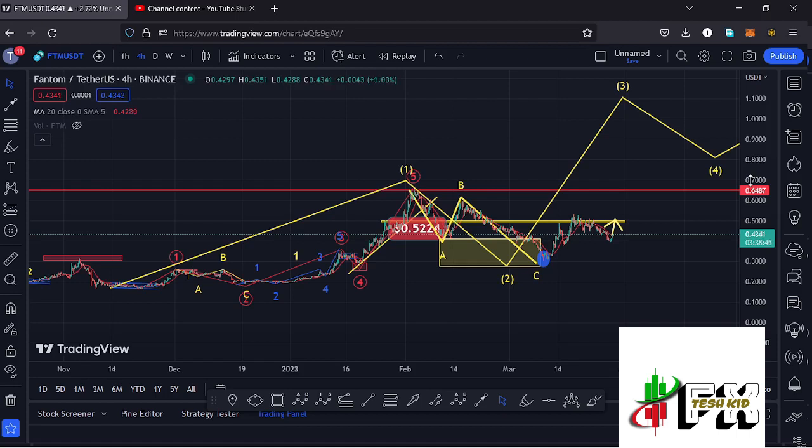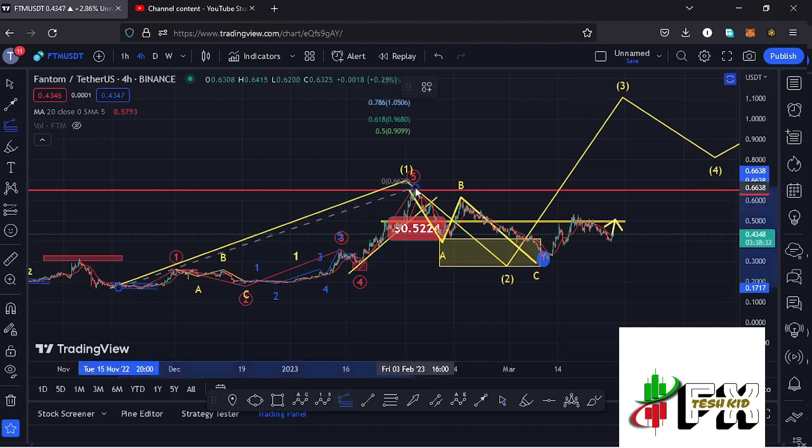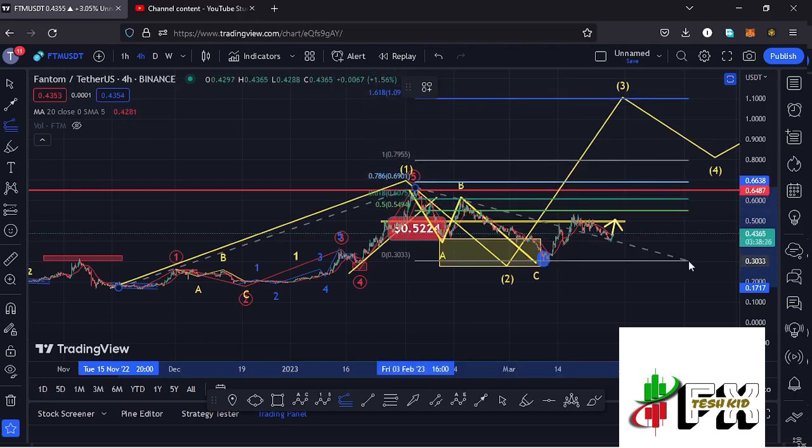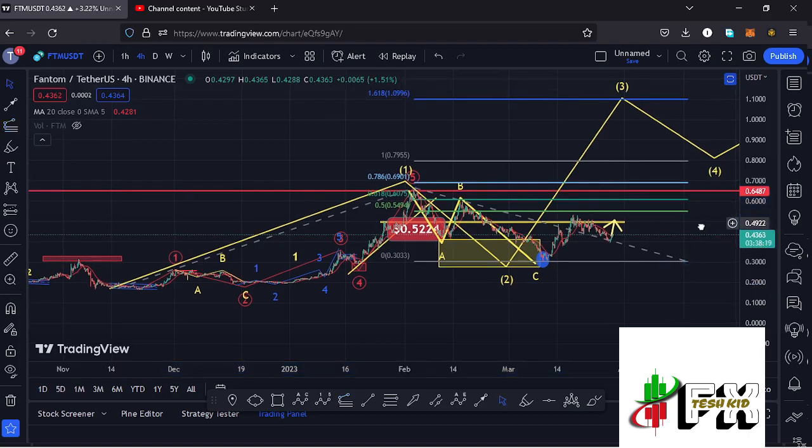And allow me to continue with the video here on the 4-hour chart by first sketching out a target area to the upper side in the formation of that wave 3, using a trend-based Fibonacci, connecting it from the low of the first wave down there to the high of that wave 1, then dragging the fibs to the low of the second wave, and that now gives me a target area to the upper side in the formation of that wave 3 at the fib level 1.618, and that is at around the